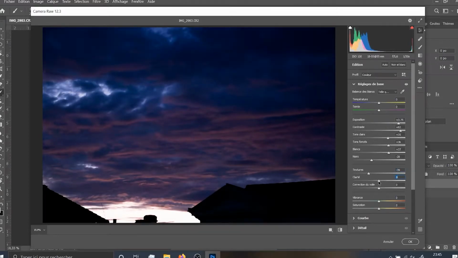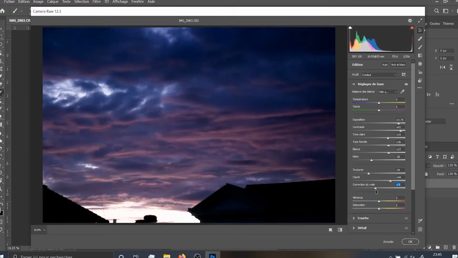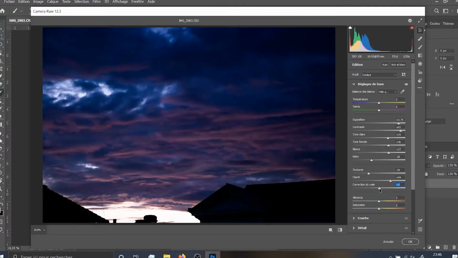Here in clarity I can crank it up, and this I don't know how it is called in English, but you can just put it or not, but I think a bit is enough, like 16 or 15. In vibrance, here it's an artistic choice. If you want a very colorful vortex, you can go just right here and push it up, or you can get a pretty neutral vortex. I'll just crank it a bit like this. So now you can see we're getting some really good